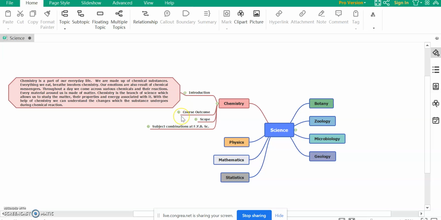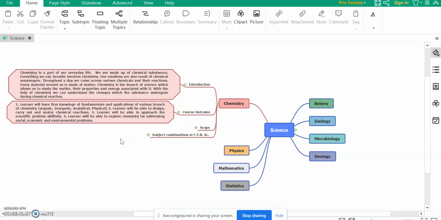Now, after studying chemistry, what are the outcomes that we can highlight over here? What will the learner get if the student is doing a BSc in chemistry? What are we expecting from the student at the end of the BSc?